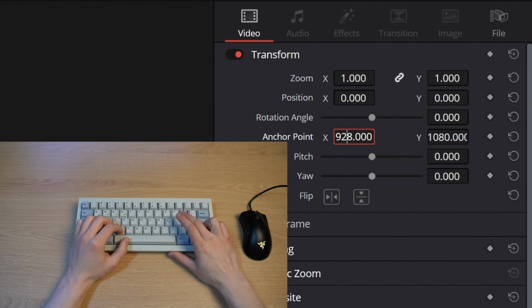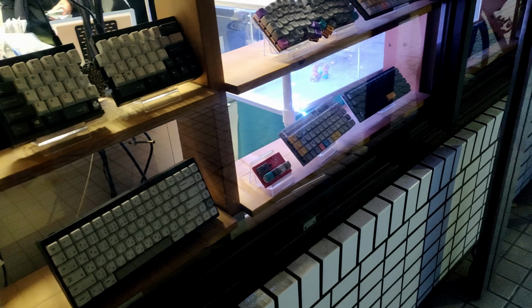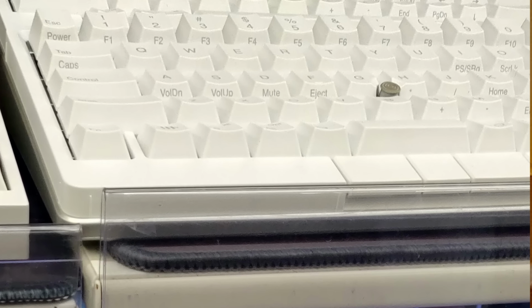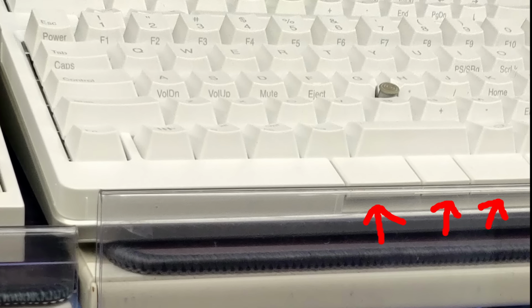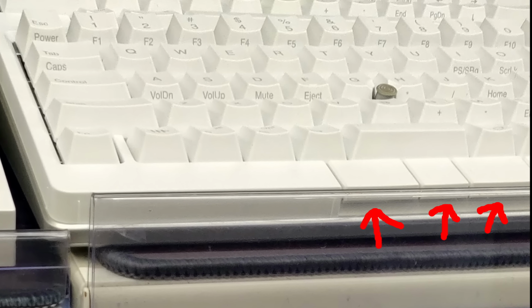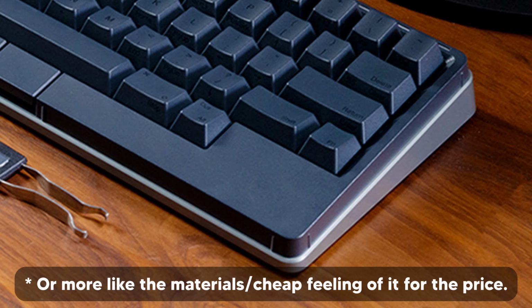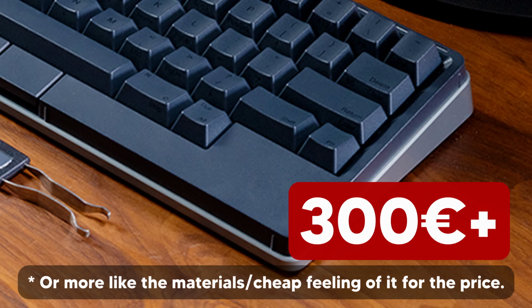So a few days later, I went to a shop in Japan called Yushakobo, where I was able to try a ton of different keyboards with various different layouts, including the HHKB Studio, and indeed, ergonomically, it was really nice to use the thumb keys under the spacebar, but the reason I didn't buy it just yet was because I really wasn't the biggest fan of its build quality considering its price, but also because there was another option that